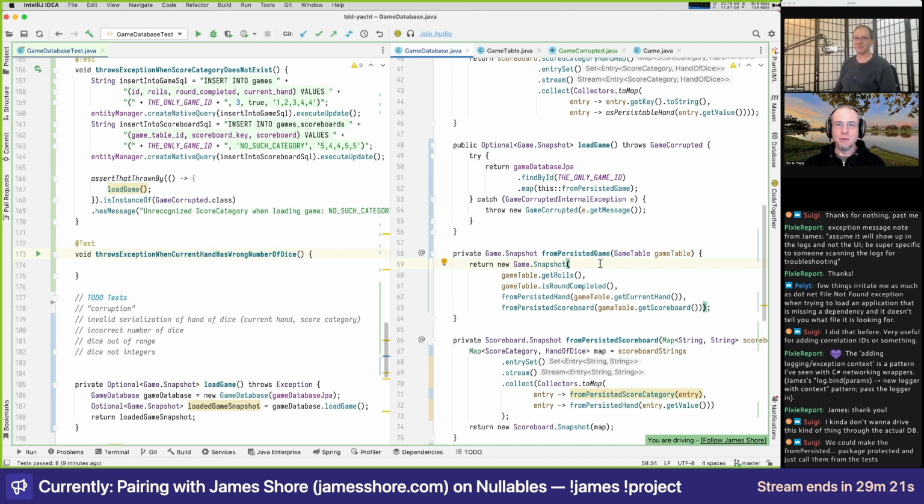Yeah. We could take the middle ground, which is what Svg suggests: these from-persisted methods, we could just make them public. That to me is more of a smell than either of the other options. Yeah, I kind of don't like that. To me that's a slippery slope of exposing these when they're not really part of its interface.